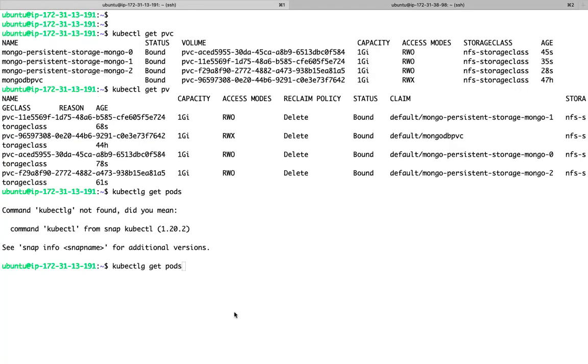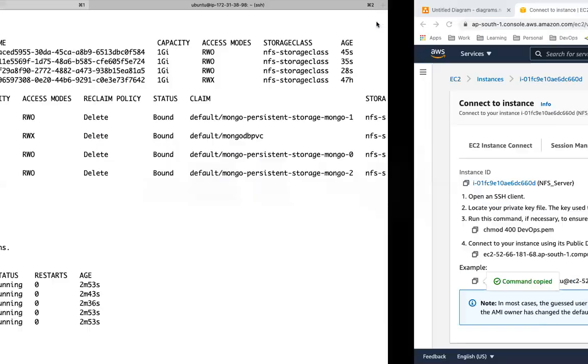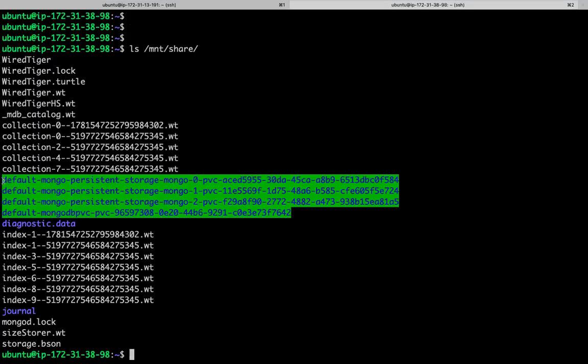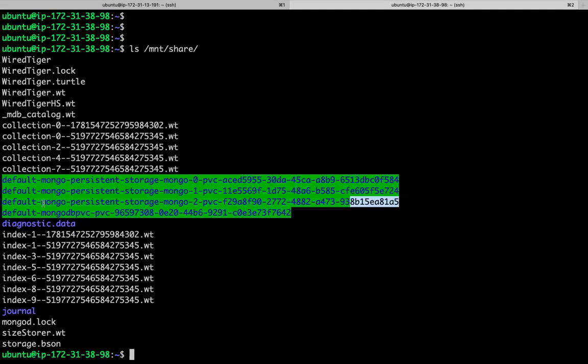So you have Mongo-0, Mongo-1, Mongo-2. In your NFS, this is one PV, this is another PV, this is another PV. So each and every pod will have its own volume, which will maintain the state.